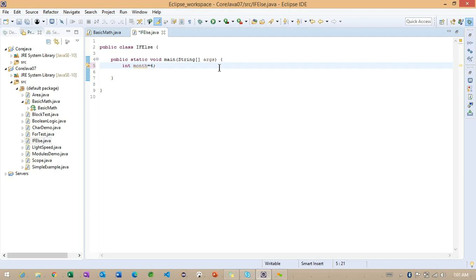By default we are initializing the value 4. After that, I'm making a String data type here. Don't worry about the String data type as of now, we'll discuss it more later. Just focus on this current example, how we can work with the if and else block here.